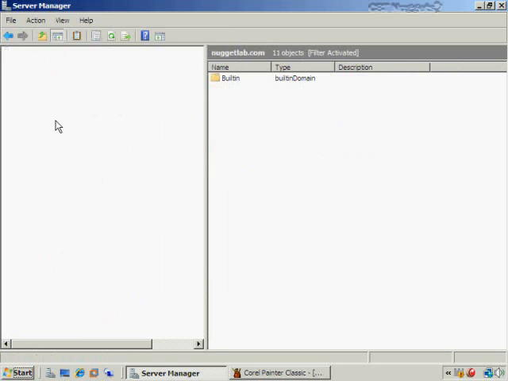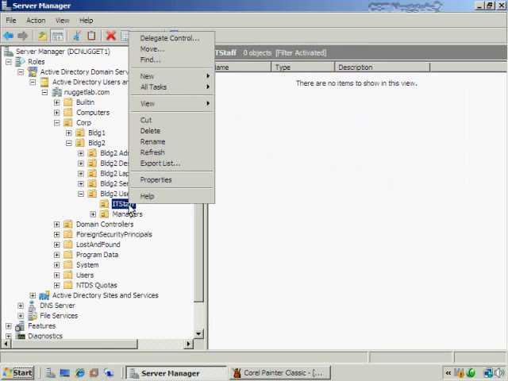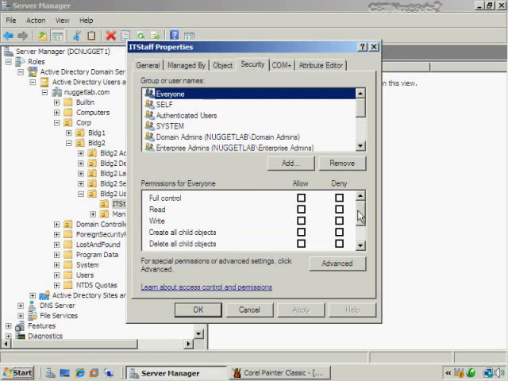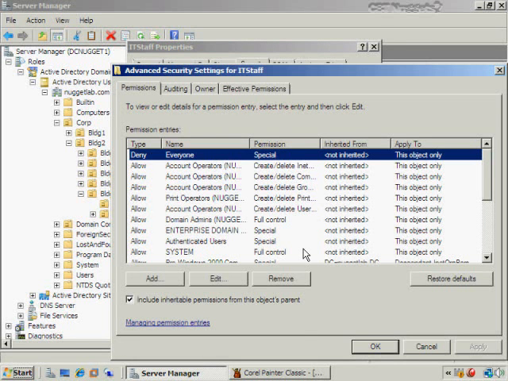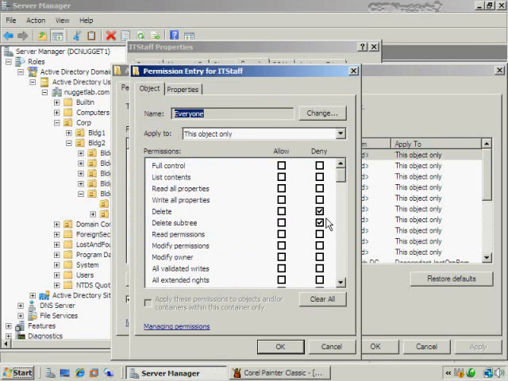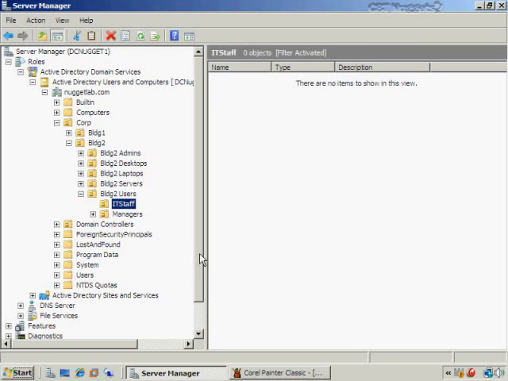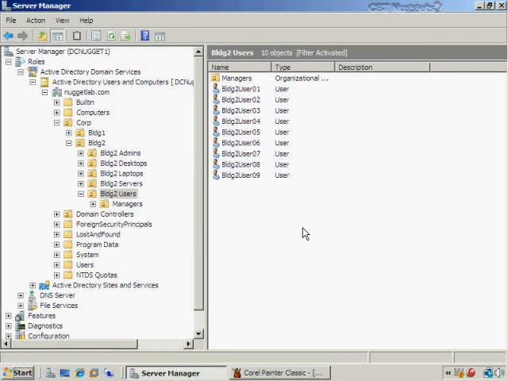And if I go to Advanced Features and then expand my OUs back out again, then we'll see here that I can right-click and choose Properties, and notice that there's a Security tab. Notice that it also has on here some special permissions. And if we take a look at the Advanced Permissions, we'll notice that there is an item there, if I click on Edit, that says delete or delete subtree. Okay, that has been set to deny, and because of that reason, it does not allow me to delete it otherwise. But now once I've removed that permission, I can then choose delete, and I say yes, and now